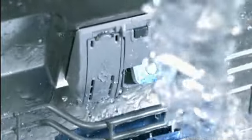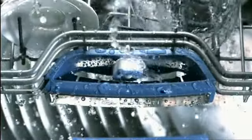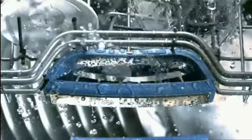Because with our new rinsing technology, you can make the most of every drop of water to achieve the best possible results. The innovative dosage assist makes sure the detergent dissolves in the water gradually, making it work more effectively throughout the